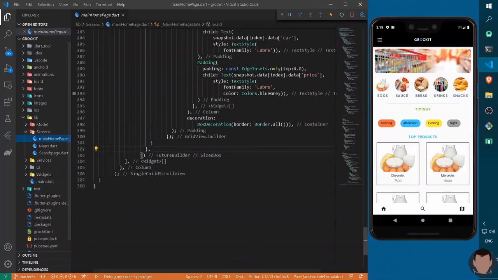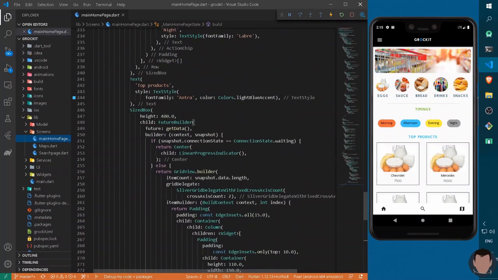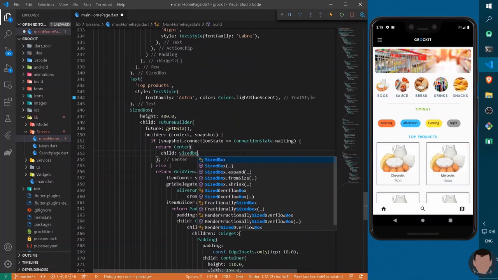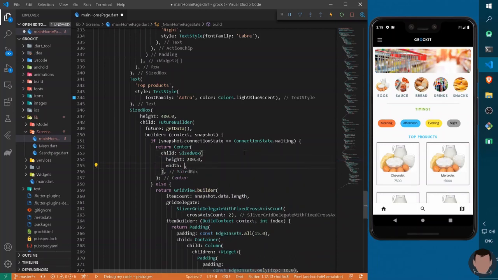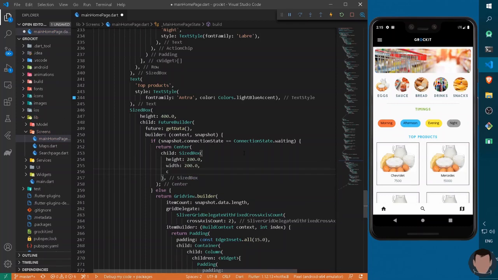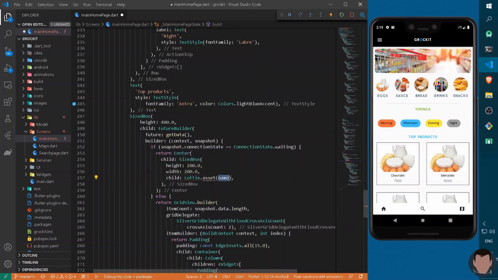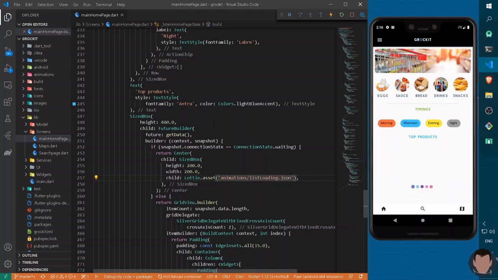Under the main home page, here it returns a linear progress indicator, but instead of this, I will return a SizedBox which will have a height of 200 as well as a width of 200, and will have a child of Lottie animation by Lottie asset. So let's import the dependency once. Now I can write here Lottie.asset. Now I can give the path to the asset, that is animation slash list loading.json, and if I press Ctrl and S, you can see a nice animation here instead of the